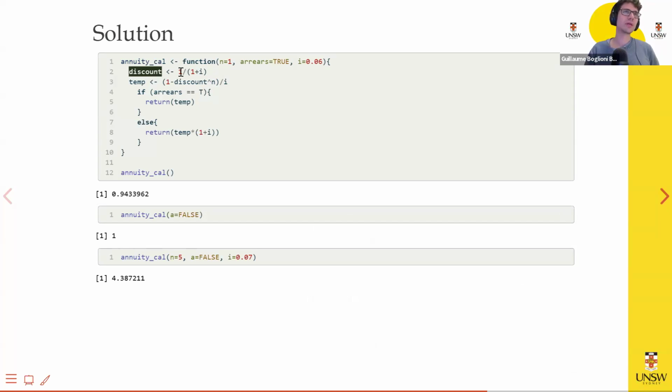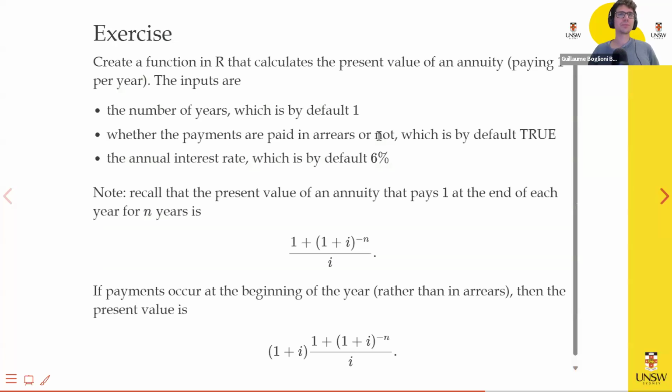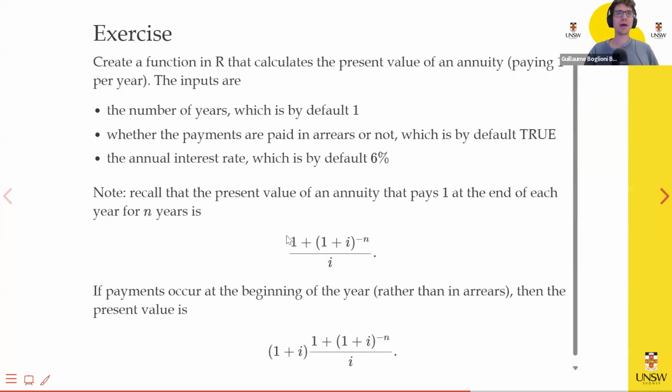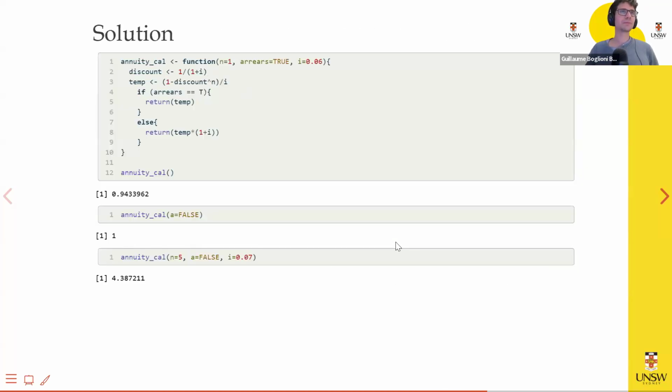So the discount factor is 1 over 1 plus the interest, because you see, this is in fact 1 plus i to the minus 1, which is the discount factor. I suppose we didn't really have to define something for the discount, but here maybe it makes this formula slightly easier, like 1 minus discount to the n divided by n is exactly this. Sorry, I've gone back too much. And then